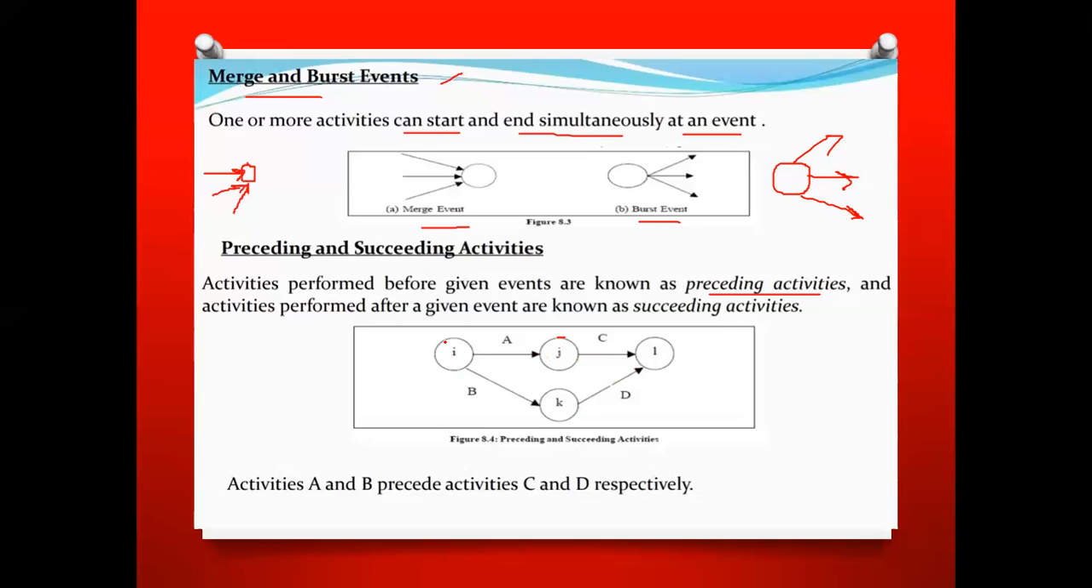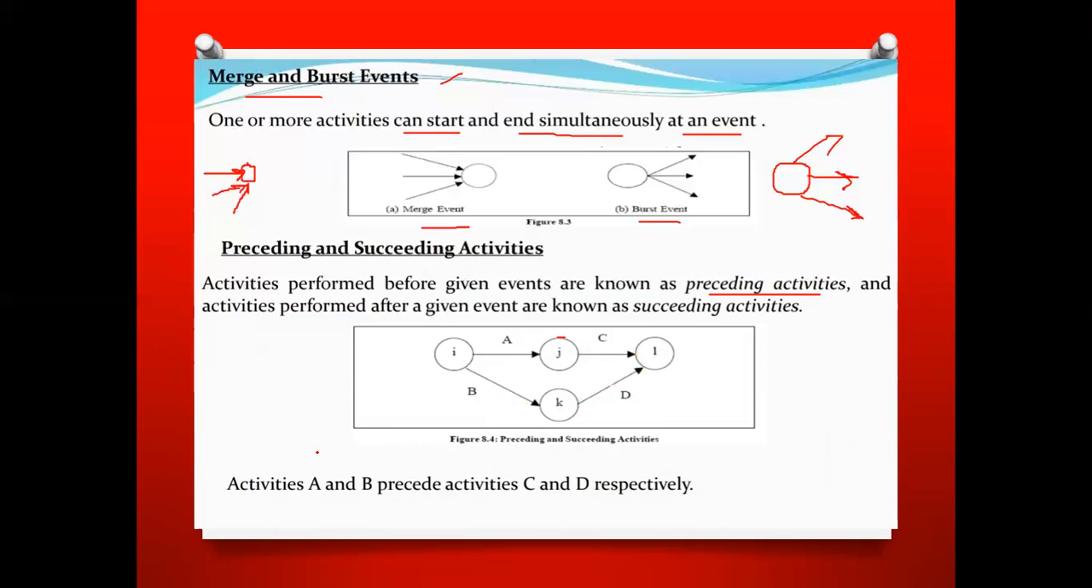So here the I event is succeeding A and B activities, and J event is succeeding with the C. The last event is L. అంటే I నుంచి J కి ఒక ఈవెంట్ యాక్టివిటీ ద్వారా జరిగింది, J నుంచి L ఈవెంట్ యాక్టివిటీ ద్వారా జరిగింది. I నుంచి K కి A is an activity, this B is activity, J to L, K to L,